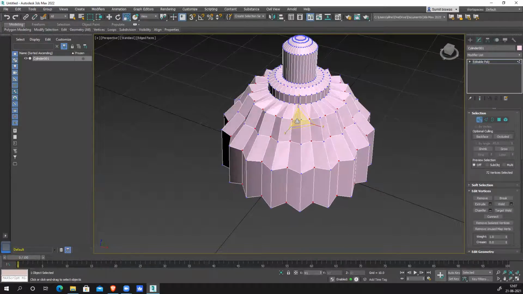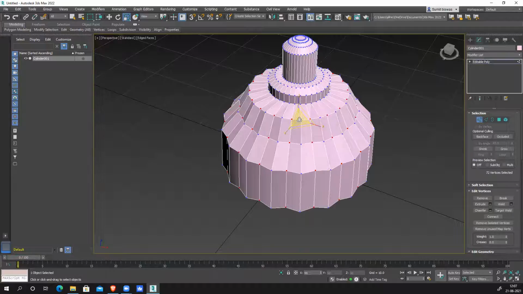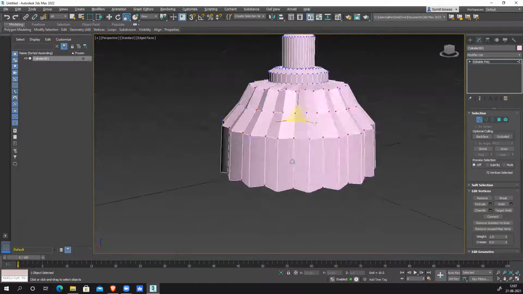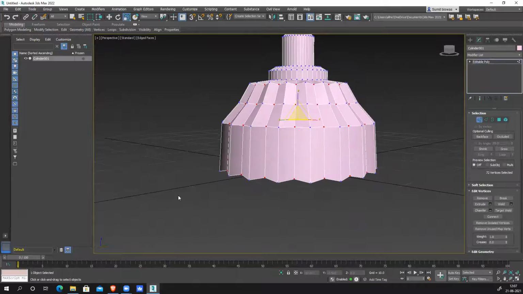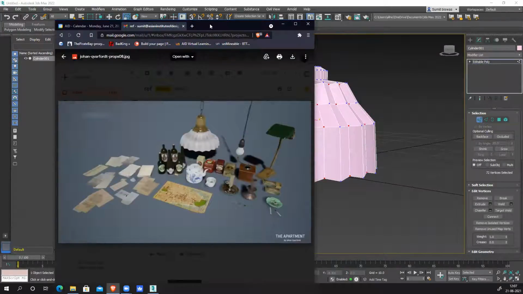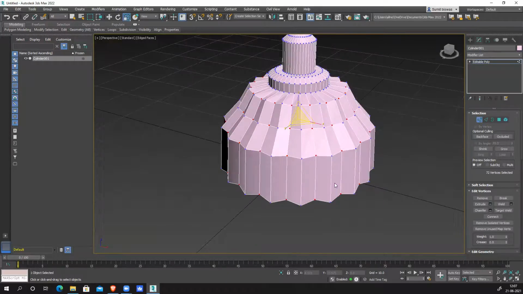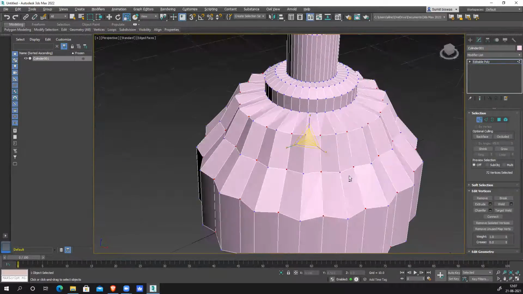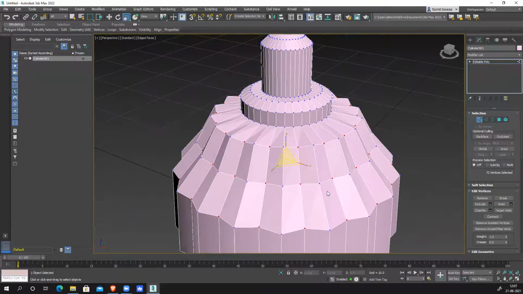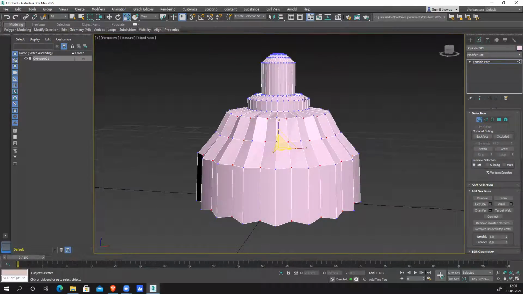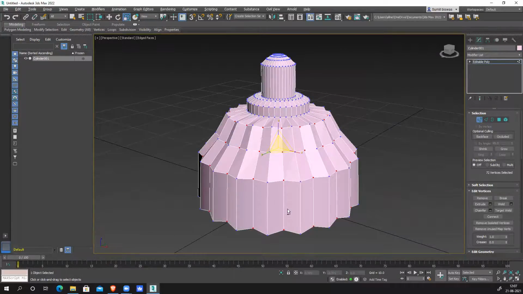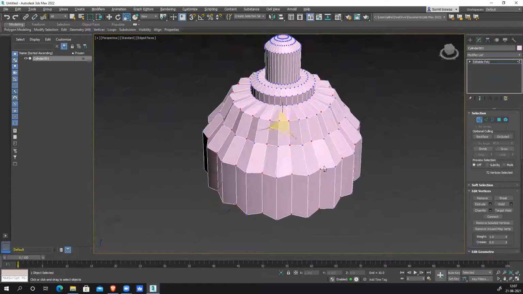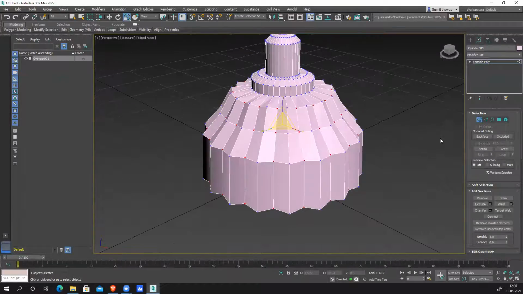Yes, sir. And scale it slightly inside. Not that much, very subtle. So you get this shape. You can see this wavy thing, and you have that wavy thing here also. With the shape done, if required, you can separate this brass part, this metallic part, and this more. You can separate that and keep it like this. Once you create this, you can start texturing.